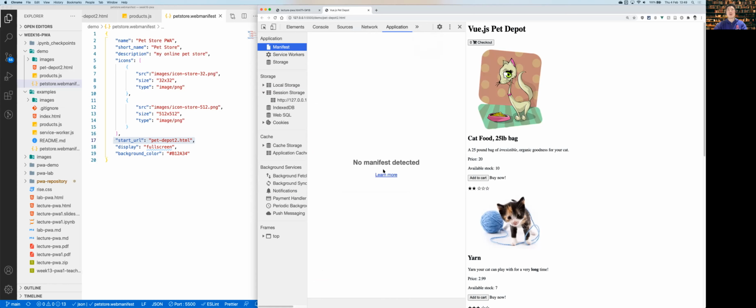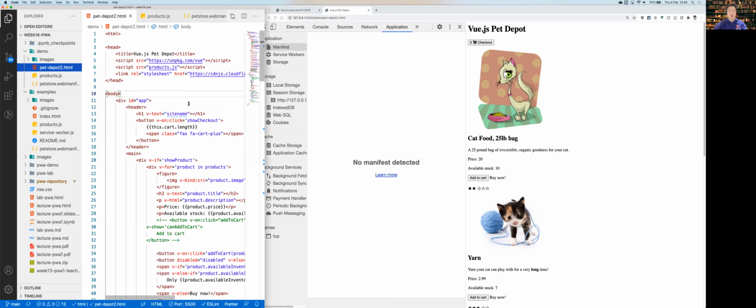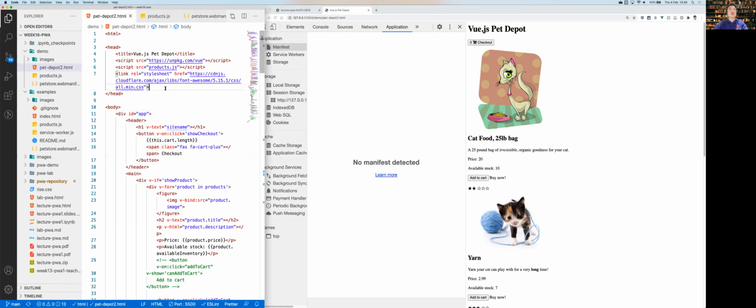Did you save the file? Do you need to state the manifest in the HTML page or something like a source? Ah, yes, yes, of course. Yeah, I missed that part. Very good point. And so I need to actually go back here. We need to actually tell it